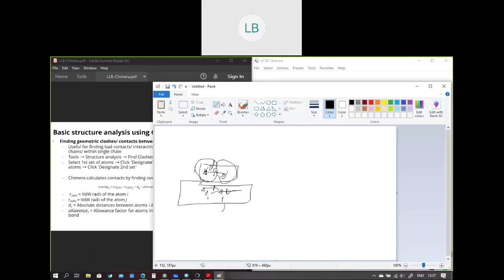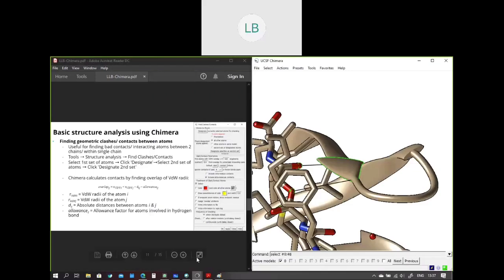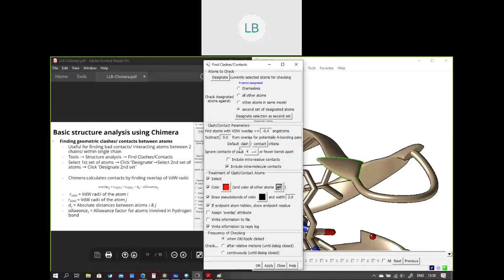For contacts, we use the threshold as minus 0.4 angstroms. But if we are trying to find a clash, we use 0.6, because the generally accepted criterion is that if the overlap of the van der Waals radius is more than 0.6 angstrom, it's not a contact, it's more of a clash.